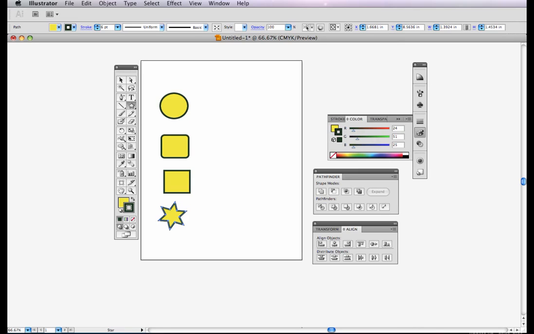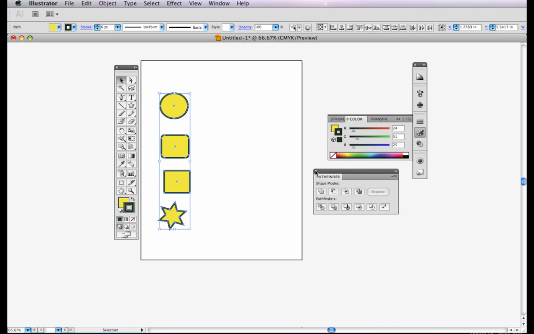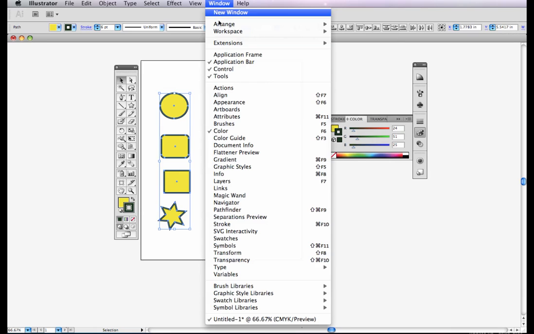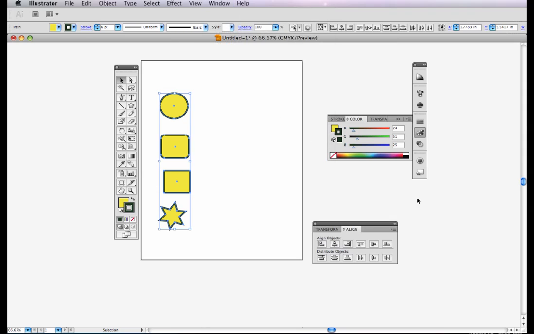And if I want to get all of these objects to line up or align, I'm going to use my alignment panel. And so I will use my black selection tool, my black arrow, to select all of these objects. And then if you don't see your alignment panel out, how are you going to find it? Let's put it away so that we can actually look for it. We're going to go to Window, and then we're going to go to Align,